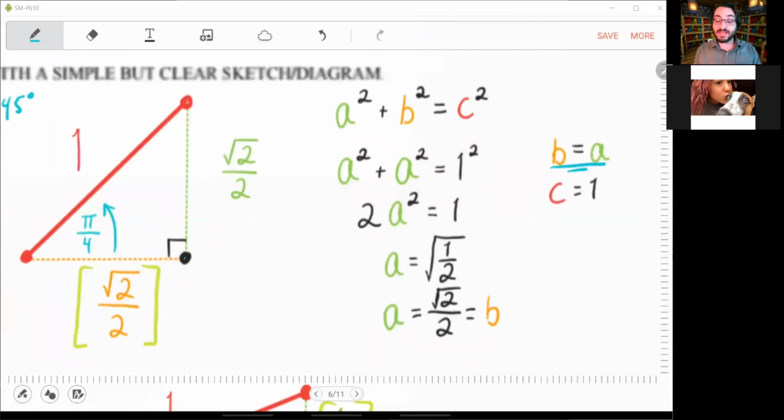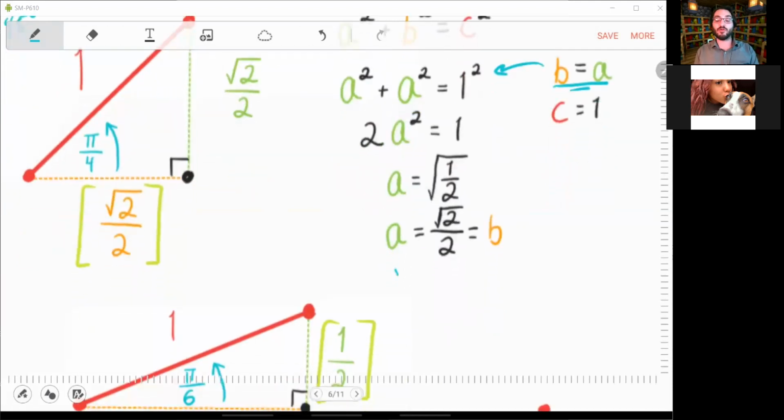And so if b is equal to a, I can substitute it in. I could throw that into the equation. And so I have a squared plus a squared is equal to 1 squared. Now, why is this 1? Unit circle. The radius, the hypotenuse, will always be 1. Okay, 2a squared is equal to 1. a is equal to the square root of 1/2. And so simplified, I get a is equal to the square root of 2 over 2,